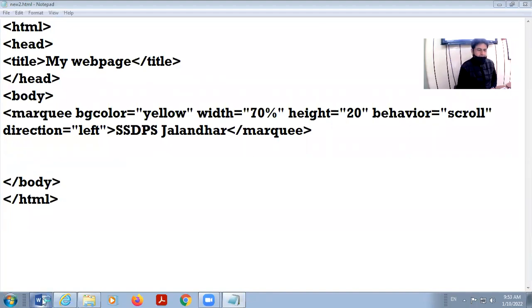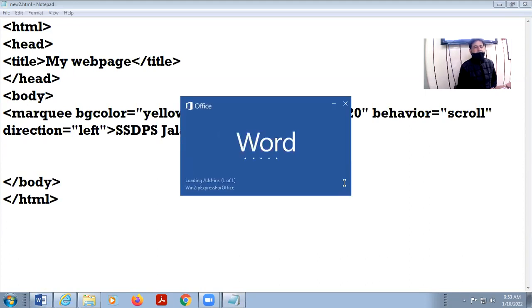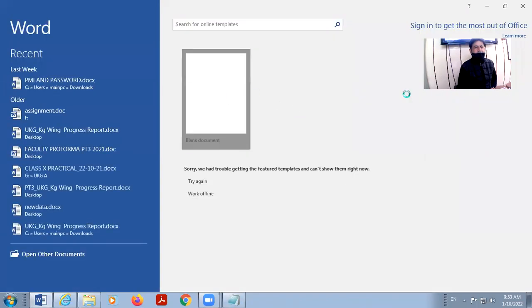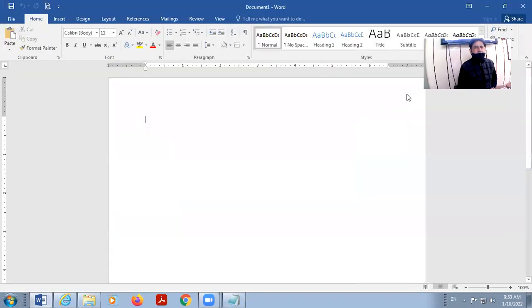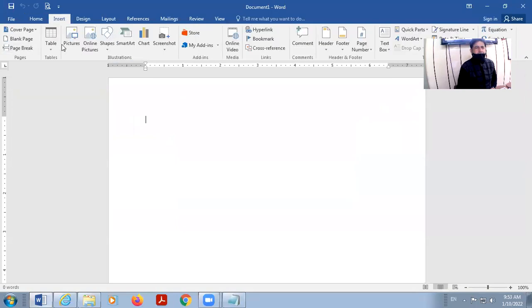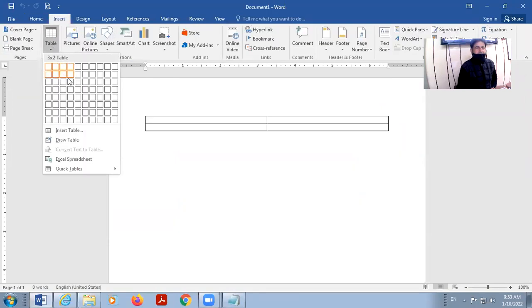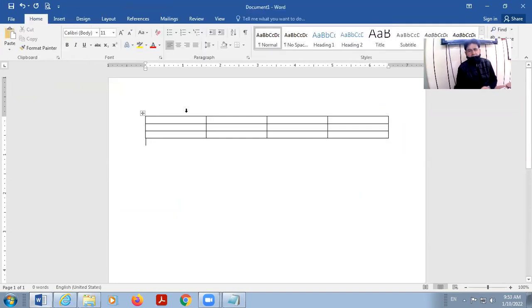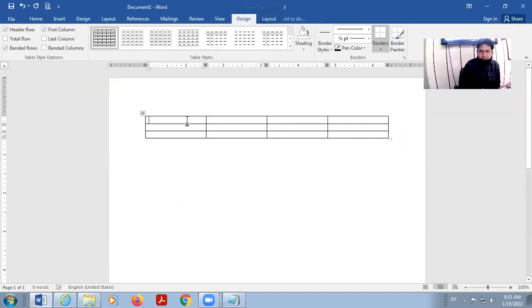For example, in this we have three rows: one, two, three, and we have one, two, three, four columns.